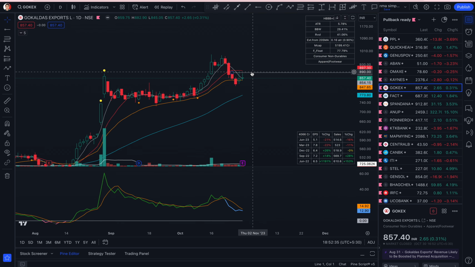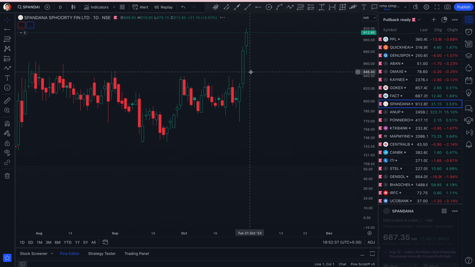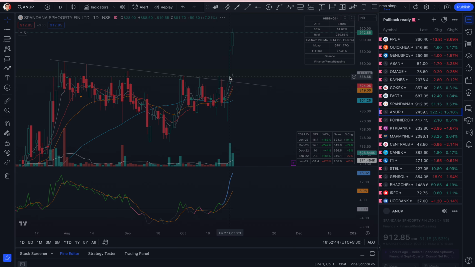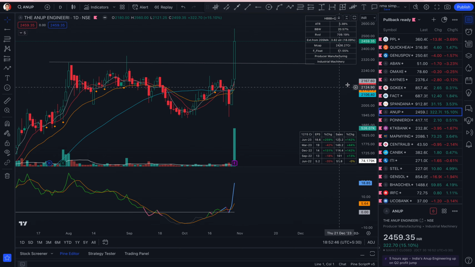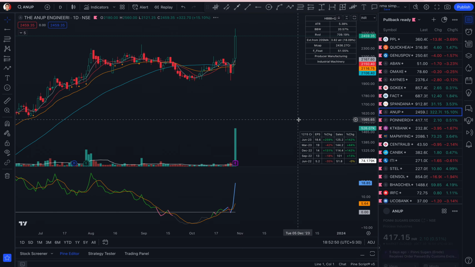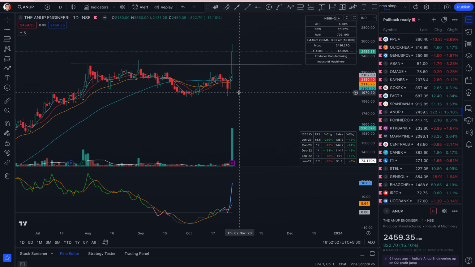Gokul Das pivot. Fact, like I already said, Spandana was a brilliant breakout last session. Anup was a brilliant breakout today. So these were already in this one, but